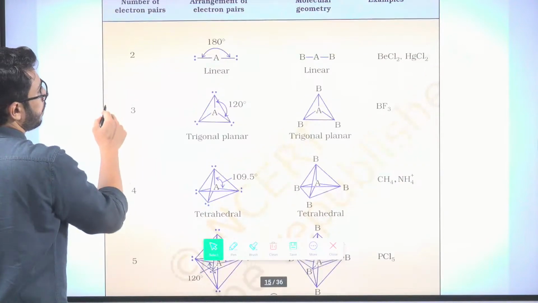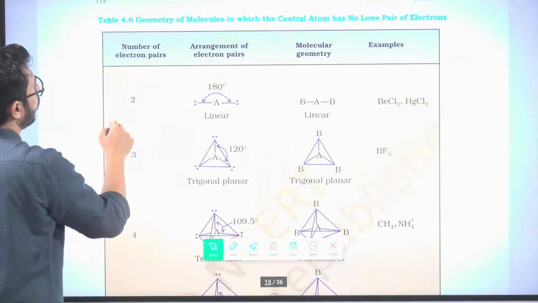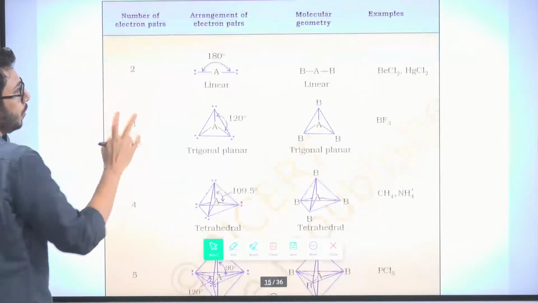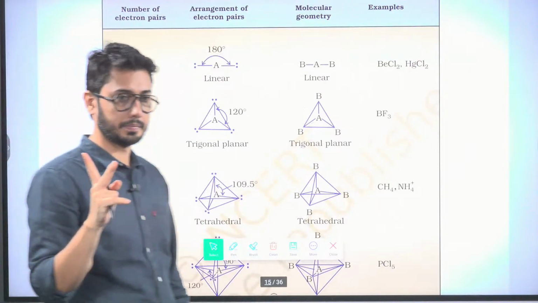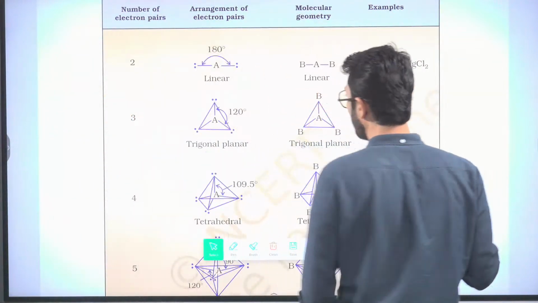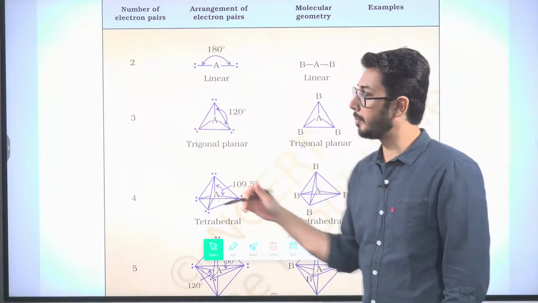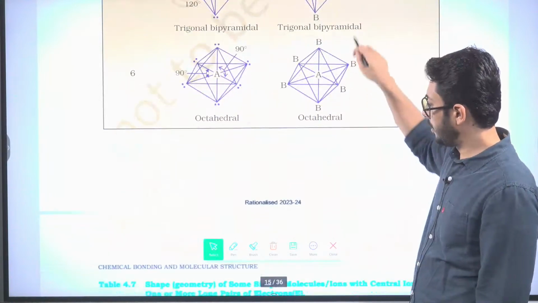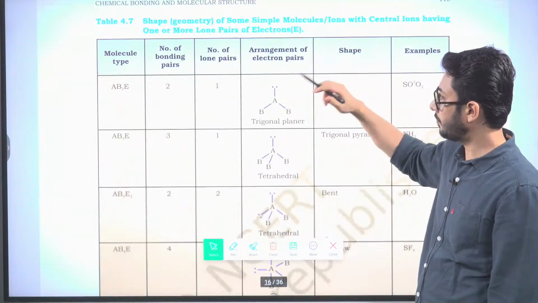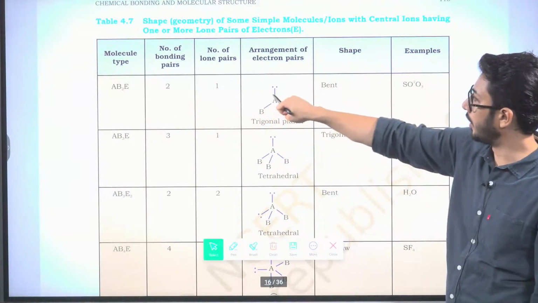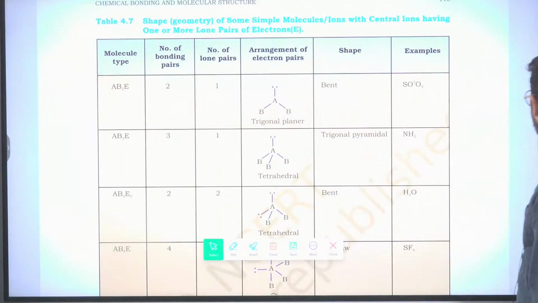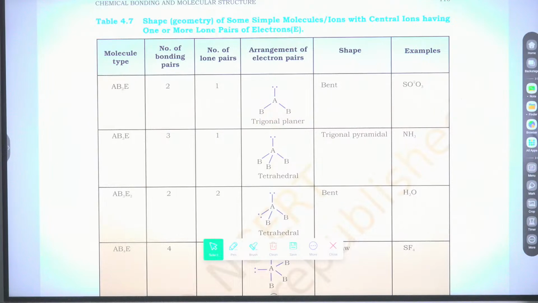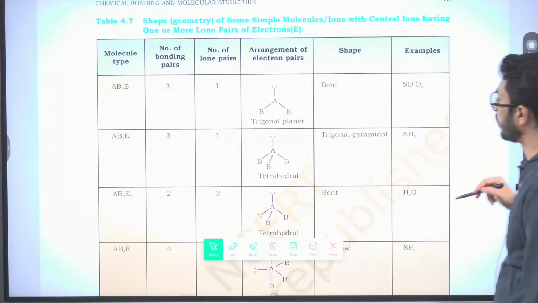So first type is which one for us? First is AB2 type, in which two bond pairs are there. Then we talk about AB3 type, and in AB3 type we will discuss other types which are given here. ई बात समझ में. So चलो